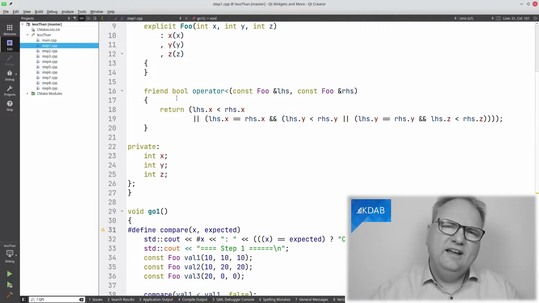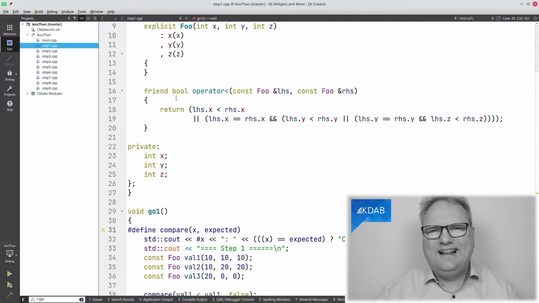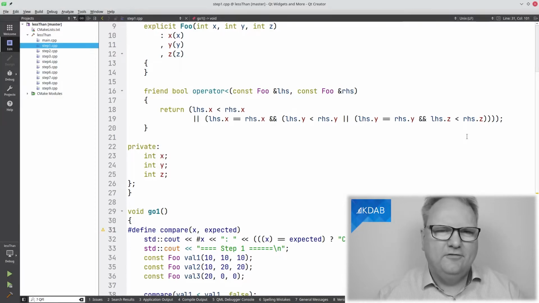What you see here is how Clang format decided to format it, and this was what was on the screen just a minute ago. You can see that it's much harder to read now. I'm not bashing Clang format, I'm just bashing my own implementation of operator less than.